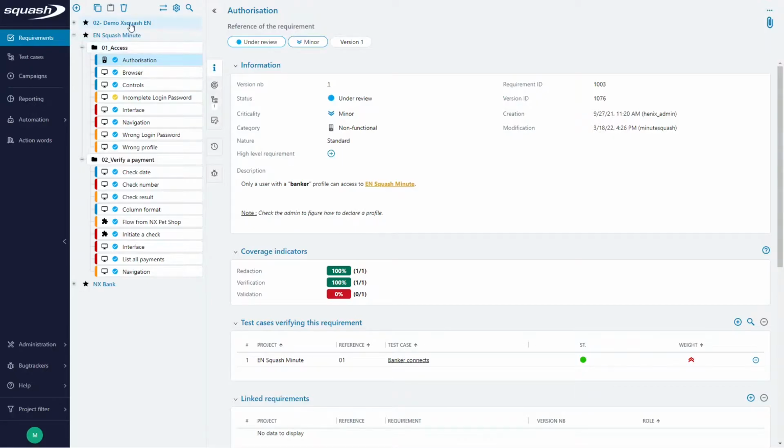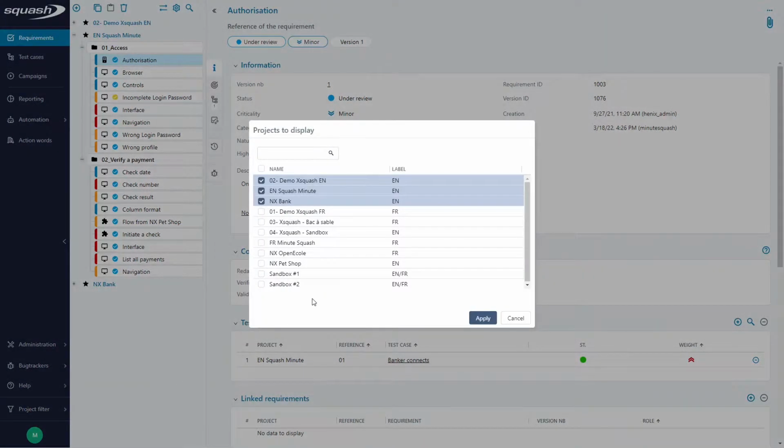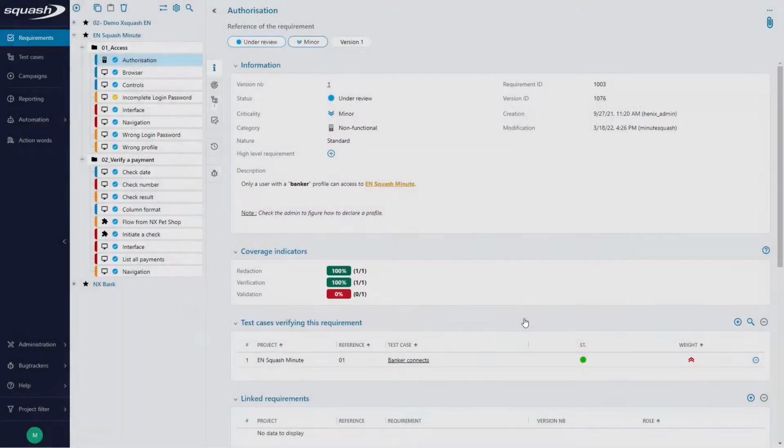And here we have three projects, but we can filter one or several of them thanks to the project filter menu here, where you can select the projects you want to see in the application. These projects are then displayed in the library of the different workspaces of the application and at the level of the features calling the repository of a library. In front of the name of each project, we have an icon which indicates the permissions we have on it. In this case, the star means that we have the rights for creation and deletion, modification, and reading.